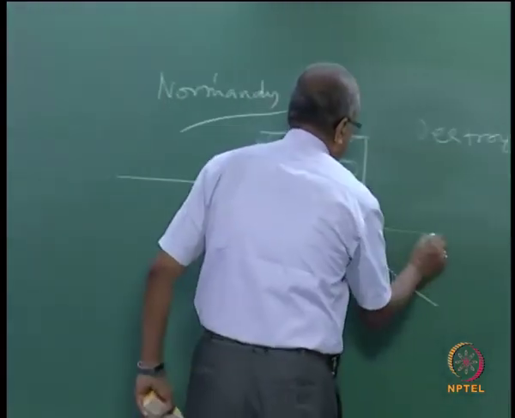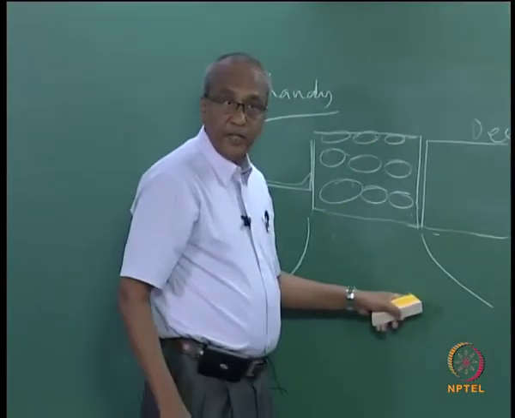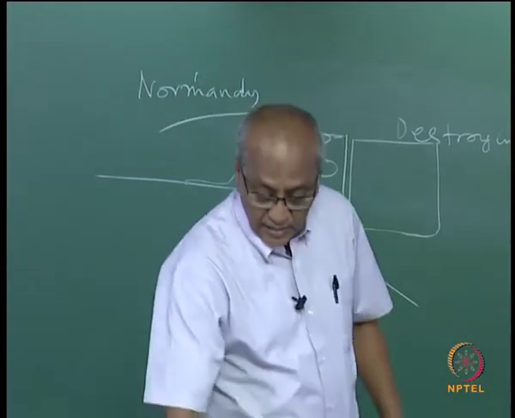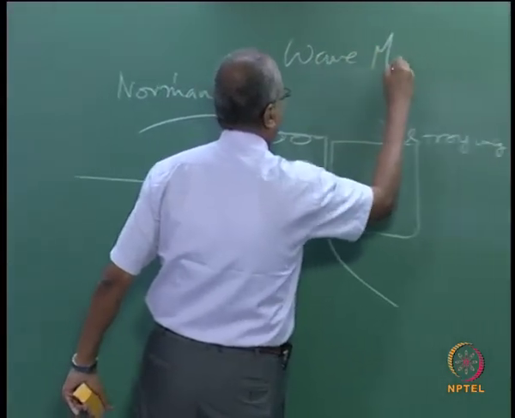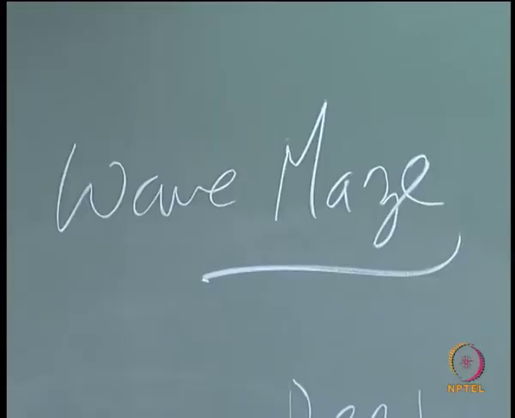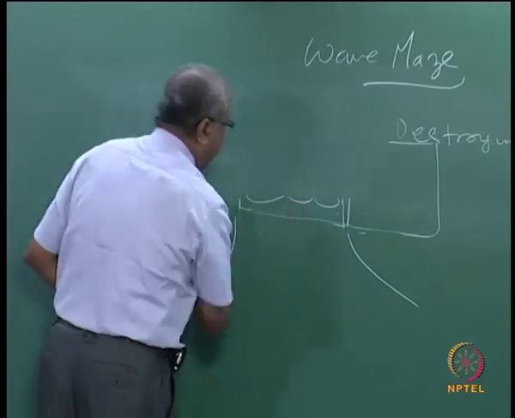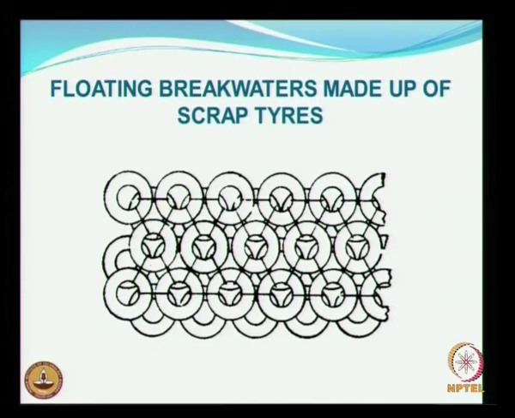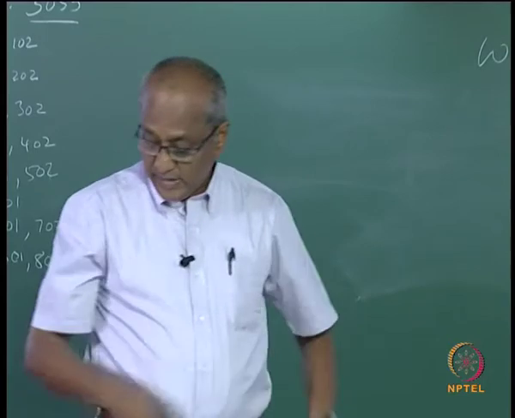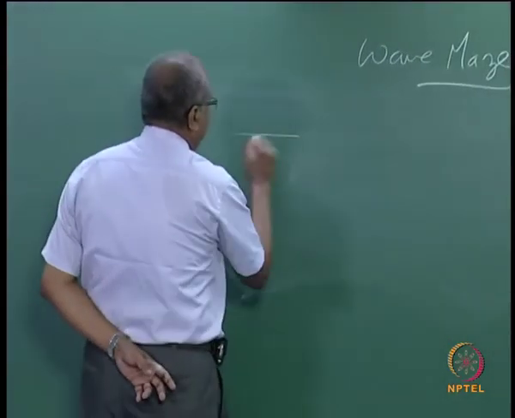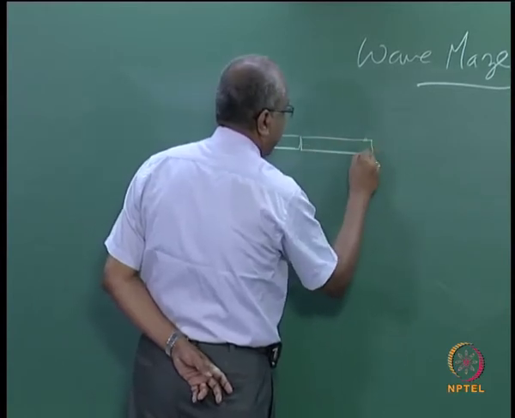Then you can have a number of units also, depending on your need, okay. So realizing some of this in concept, one such concept was, for example, one type of floating breakwater which was called wave maze. What does that mean? That means that you have used tires, and these tires are inflated with some kind of material to enhance the flotation. So there is some kind of material which can be injected within the tire so that the whole thing can float. So what the people did is, they linked a number of tires together,